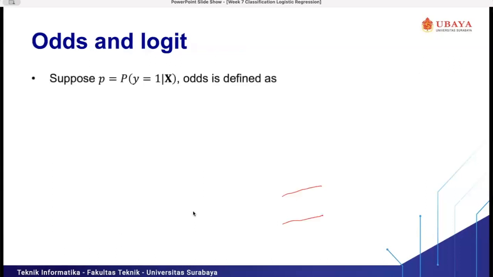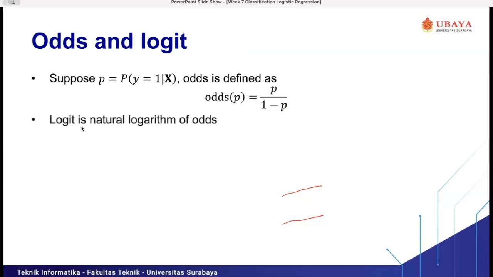So we have odds and logit. Suppose we have P equal to the probability of y equal 1 given X. Odds is defined as P divided by 1 minus P. And logit is the natural logarithm of odds.